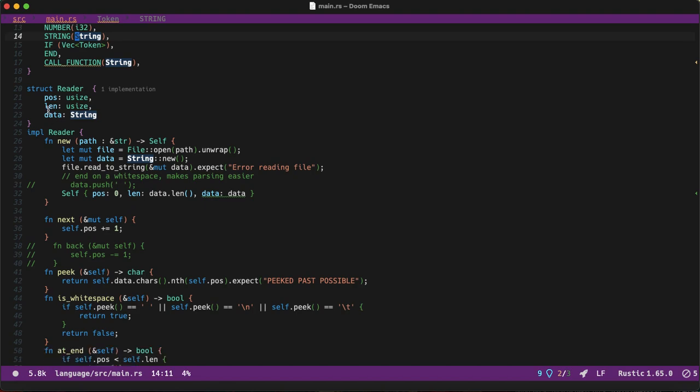Alright, so let's go through it. First of all, I have a reader. I have a struct in Rust called a reader. What this reader does is it goes through my code one character at a time. When you're creating the reader, you give it the path to the code you want it to read through. It first opens that path and adds it all to a string, using file read_to_string,